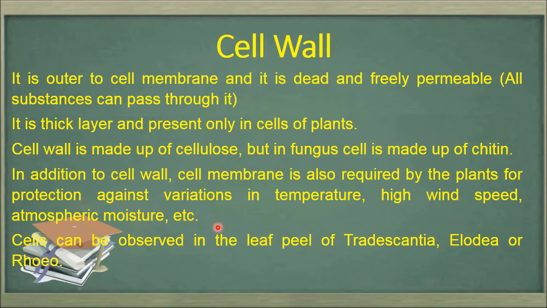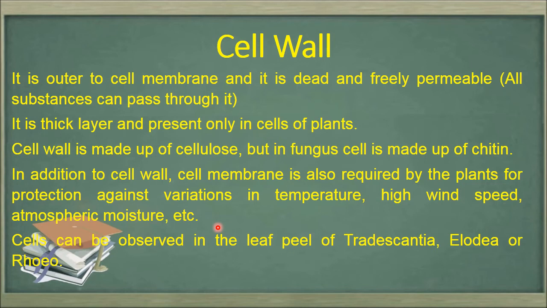The benefit of the cell membrane for the plant cell is that it is going to protect the cell from the variation of temperature, because plants cannot move from one place to another. So when it is too hot, they have to stay outside only. They can't go somewhere else and enjoy the AC. So they have to bear all these things. Sometimes it's too hot, sometimes too cold, sometimes windy, sometimes stormy, sometimes rainy. All these changes they have to bear. So they need this extra layer of cell wall.